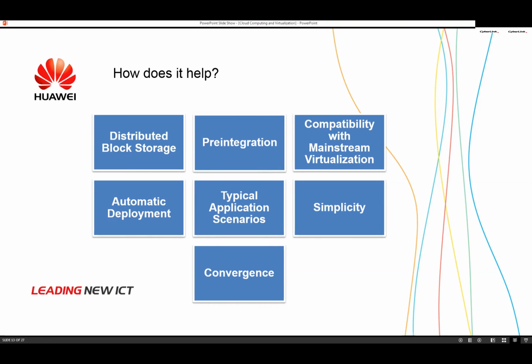Enterprise Office Automation. Enterprise Office Automation service applications such as Microsoft Exchange and SharePoint run on Fusion Cube virtualization infrastructures. So these are some of the advantages of Fusion Cube. Please note that if we deploy Fusion Compute and Fusion Storage separately, it doesn't mean that we have Fusion Cube. The difference between Fusion Cube and the previous two products that I just described is that we have to use